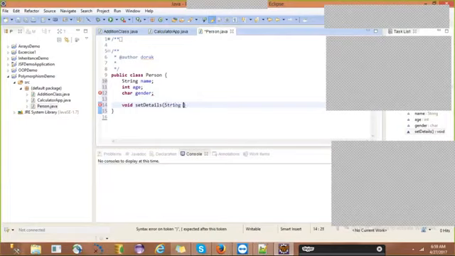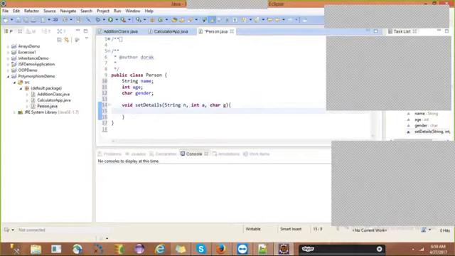String n, int a, char g, and the code is name equals n, age equals a, gender equals g. Like this we can have.